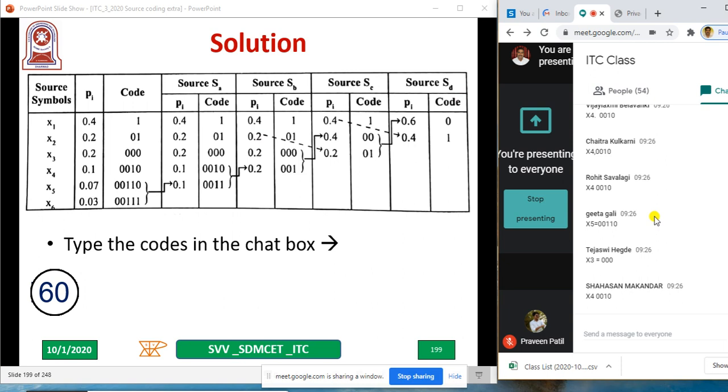Tejasvi, Sahasana, Geeta, Rohit, Chaitra, Kulkarni, all are typing the answers, all are correct. Shilpa, 0010 for X4, correct. Tajuddin, Vijay Lakshmi, Vishwa. Okay, all the answers are almost completed up to X6. And Nivedita has typed X6, Praveen, Sahasana, Shivani, X4 she has typed. Parshvanath, Monica, Rohit, Gaura. Good. Vidya has typed X6, Simran, all are typing X6. Arjun Ambekar, Tajuddin, Geeta, Devraj, Mallikarjun, Sauchanya has typed X6.